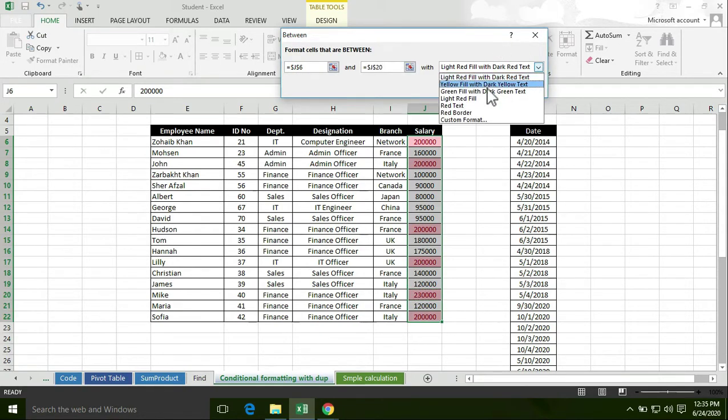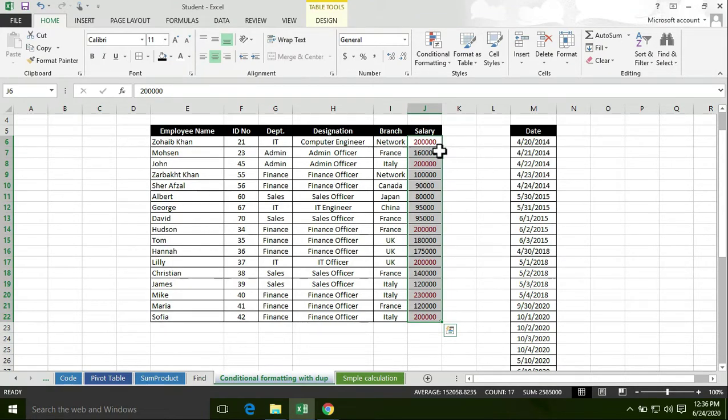Now you can highlight the colors. I want to apply the format red text. Now click on OK button. As you see, these values are highlighted with red text.